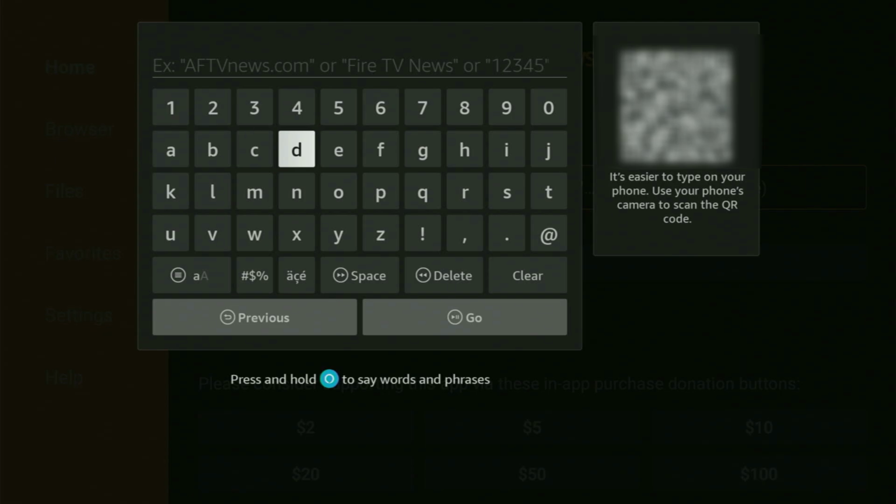And now the very first code we will use is going to be 647190. So once again, it's 647190. It's really important that you enter the code exactly as you see on your screen and do not make